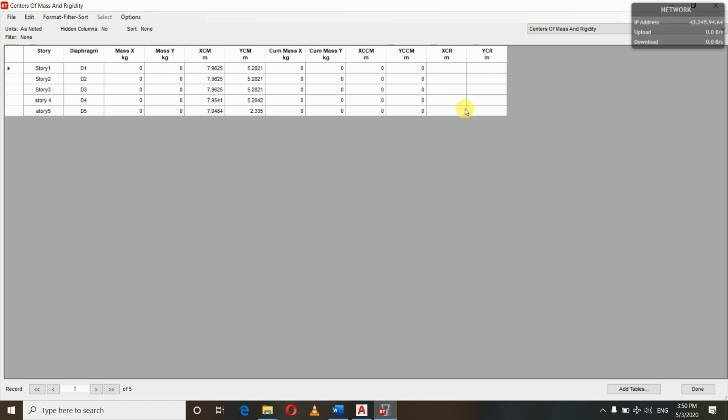Let me tell you one thing: the center of rigidity is only applicable for rigid diaphragms, because in-plane slab deformation is variable across laterally loaded semi-rigid diaphragms. So the center of rigidity will not be shown in semi-rigid diaphragms. That's why we are not getting it here.